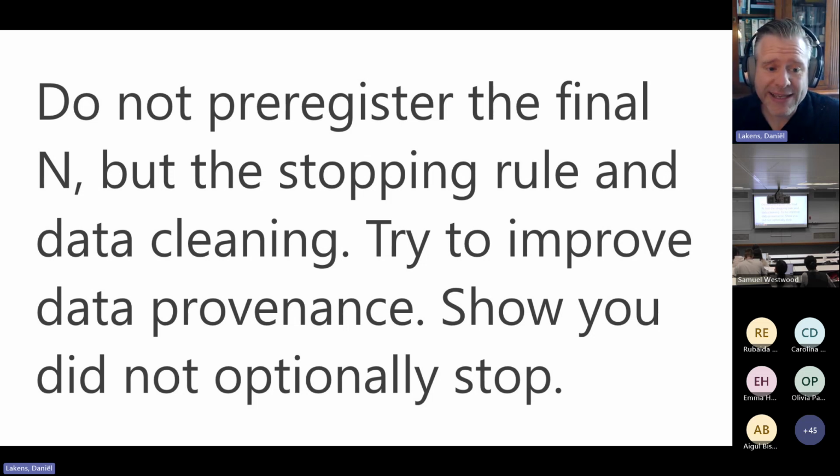Another way to deal with this, by the way, is to show that even with 1 extra person or 1 person less, there's no effect of the missing person or the extra person on the results. So if this deviation doesn't impact in any way the final conclusion, it also doesn't impact the severity of your test. So if you have 1 participant too much, you can just analyze it with removing any of them and say, look, it doesn't matter. If you have 1 participant too little, you can say, look, it doesn't matter what this participant would answer. Nothing would change in the results. That's also a way to show that the severity of the test is not impacted, even though it doesn't perfectly